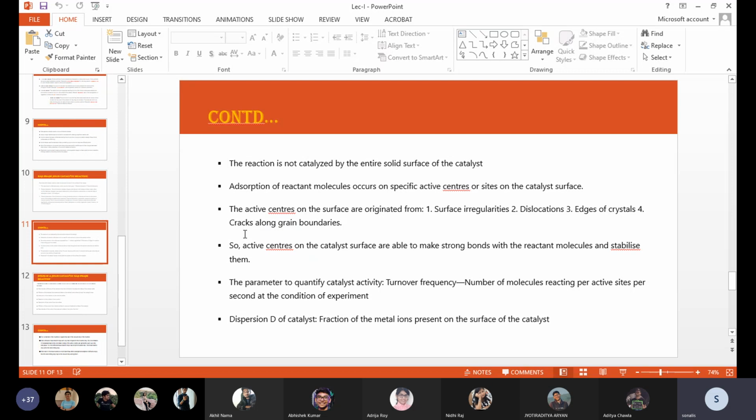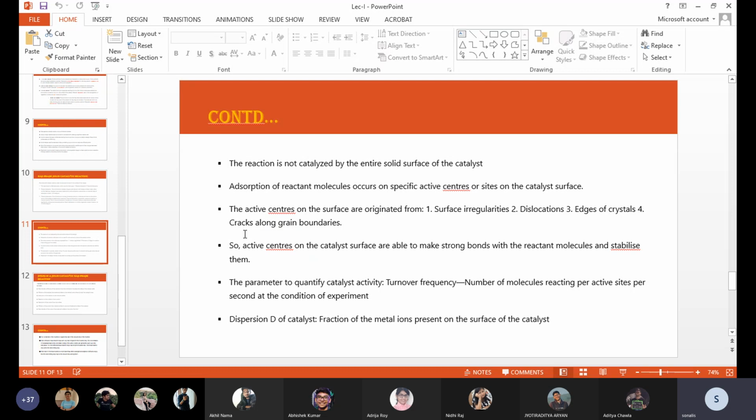On those active sites, at the beginning, the reactant molecules get adsorbed, and their molecular structure gets distorted because of this adsorption, because it is an energy related phenomenon. Then the molecules, after the reaction, produce product and get desorbed from the active sites of the solid